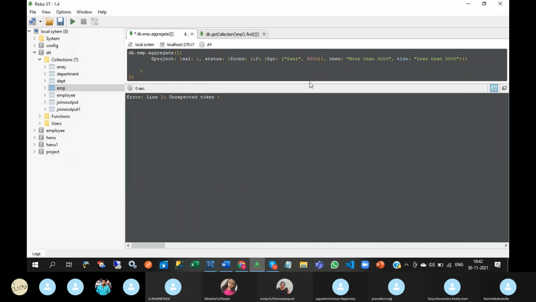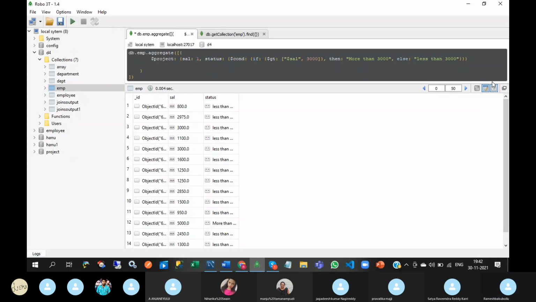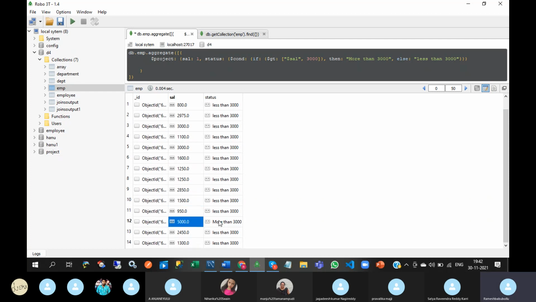See this. So all these salaries are less than 3,000. Okay. But only 5,000 is more than 3,000. Except that, we have written in else block less than 3,000. But see this, for 3,000 also it is showing less than 3,000. So it is not correct.